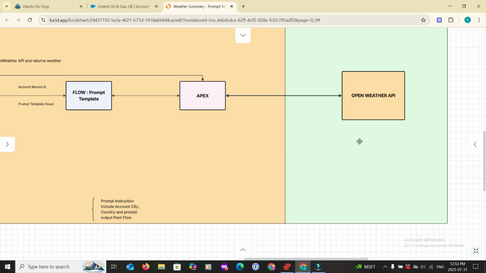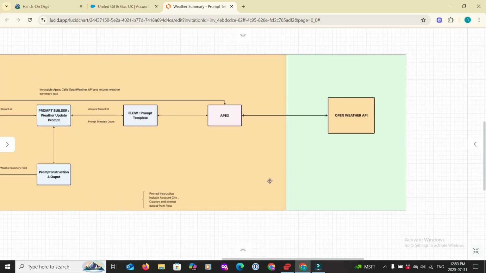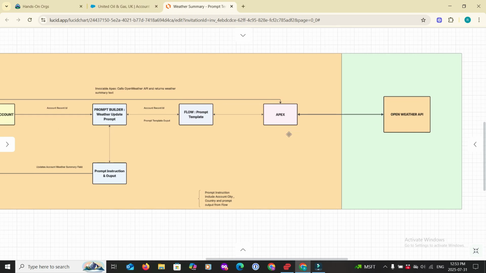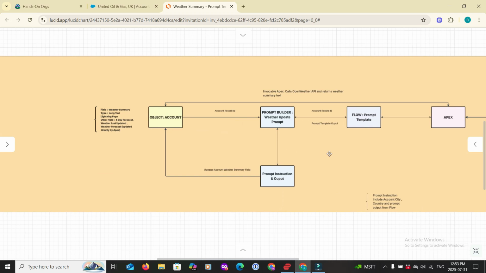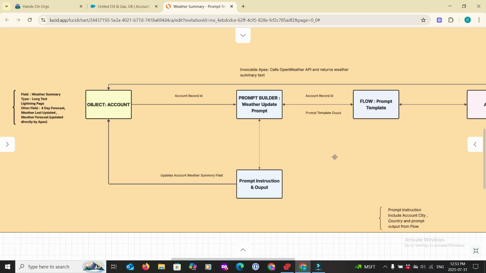Obviously, there are other cases where it may not just be API. You want to bring something, some hard data through Data Cloud. That's a different, another scenario, another use case we can talk to in later demos. But in this case, it's something like an OpenWeather API, right? So it brings in through Apex, and now it's available to the prompt builder to use to build insights,